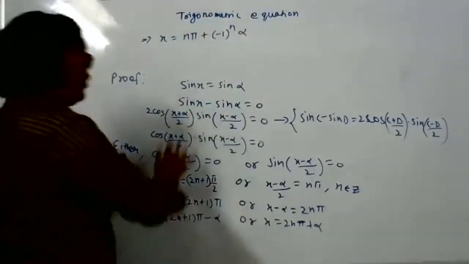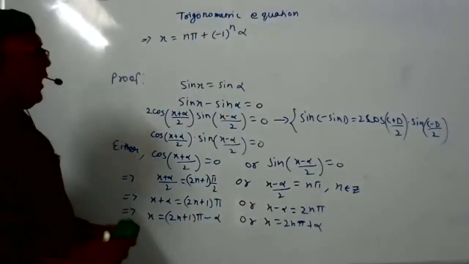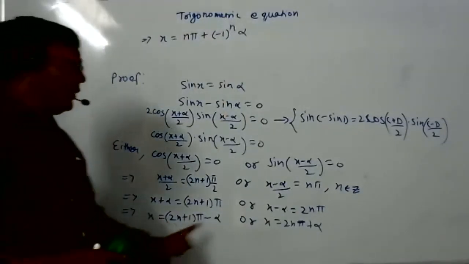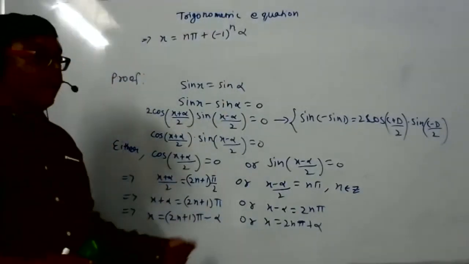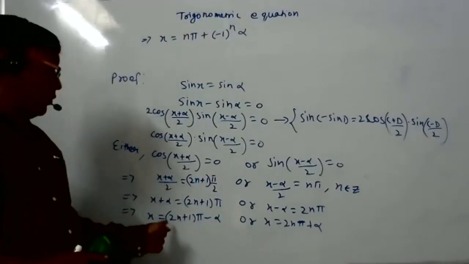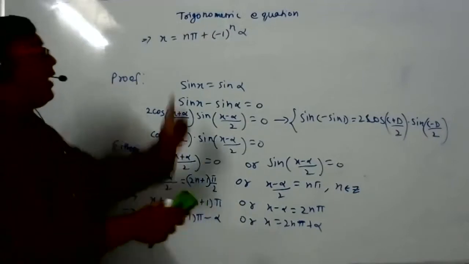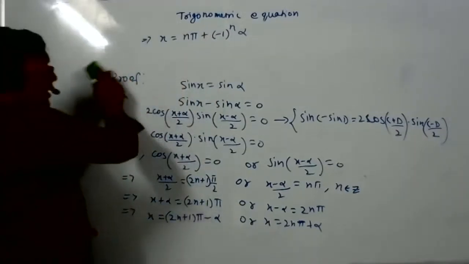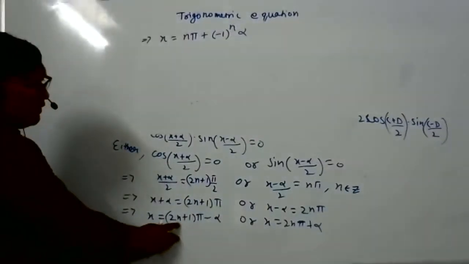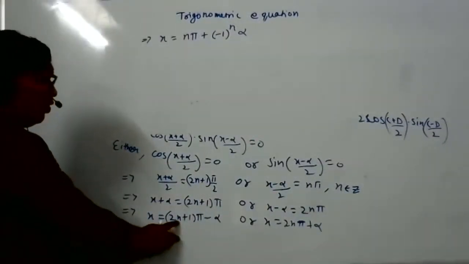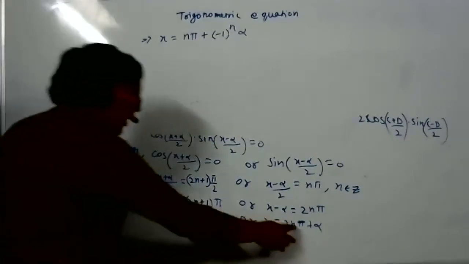But I will teach you how I wrote it directly. Students, as I told you, both the answers are correct. It is not like the first is right and the second is wrong, or the second is right and the first is wrong. Both are correct. I have to consider both and combine them into one statement. But what is the answer which I got? Here you put n as an integer. So put n equal to 1, 2, 3, 4. Here also put n equal to 1, 2, 3, 4.